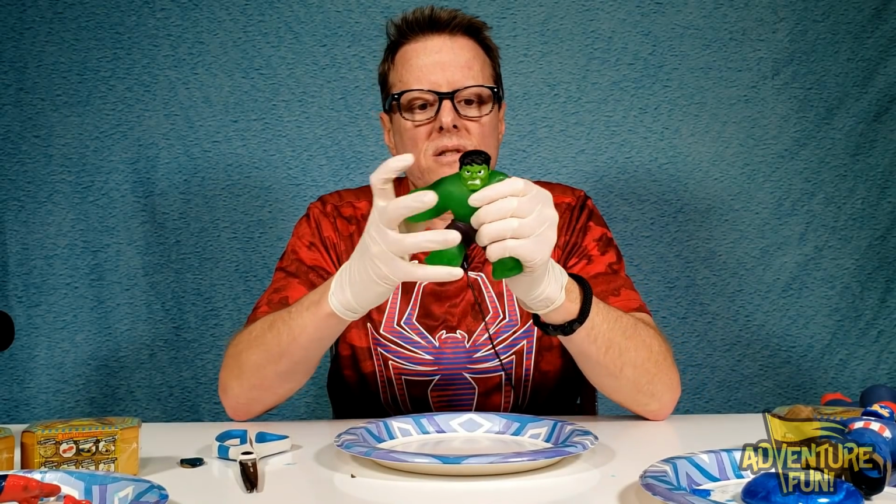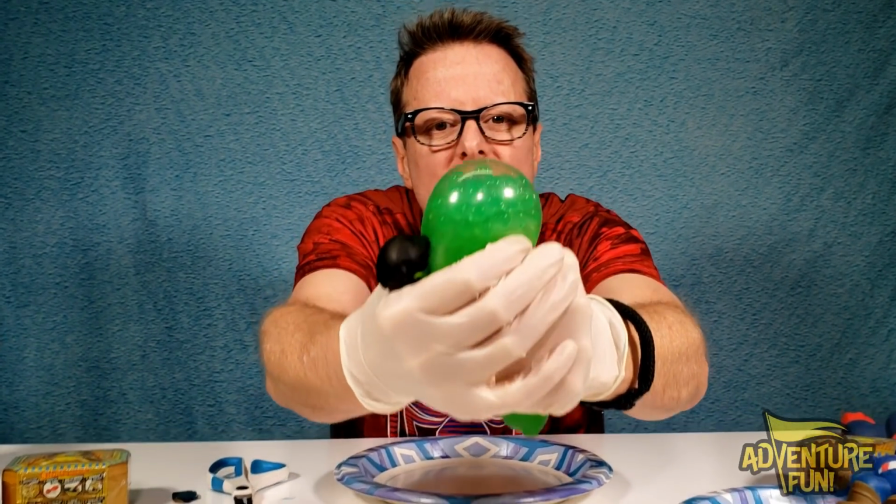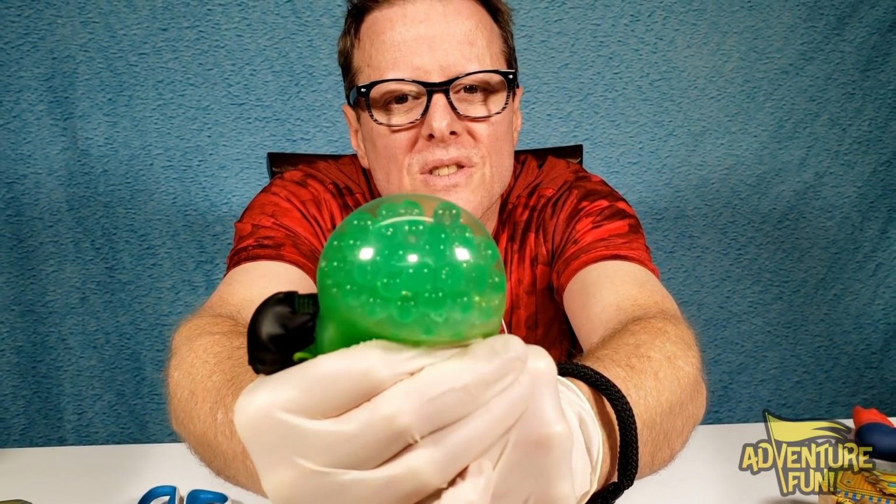Trolley up. Oh, yeah, so you remember what's inside of the Hulk. He's got his Orbeez, his water beads. Oh, those are cool. So, for entertainment purposes, before we cut in...